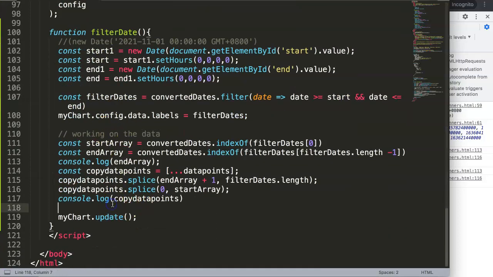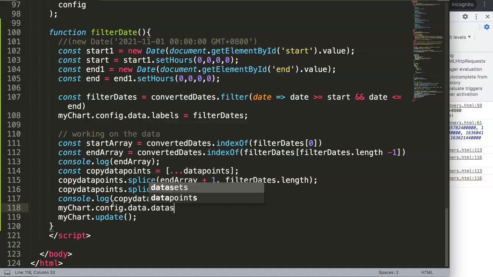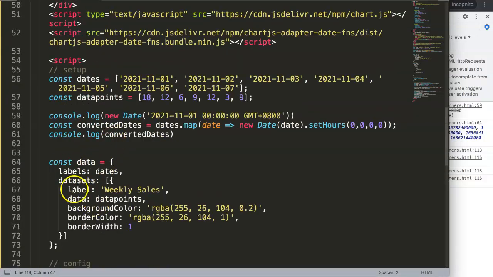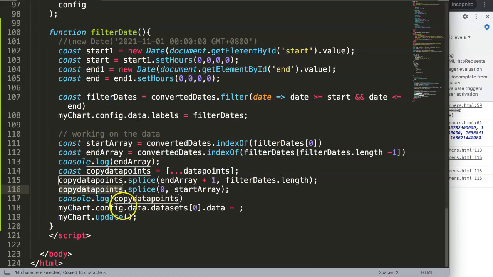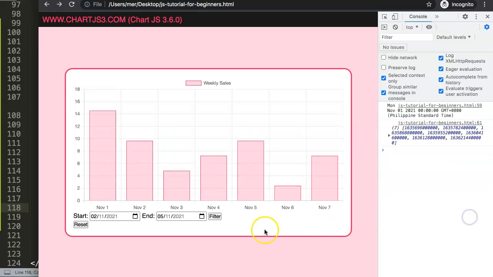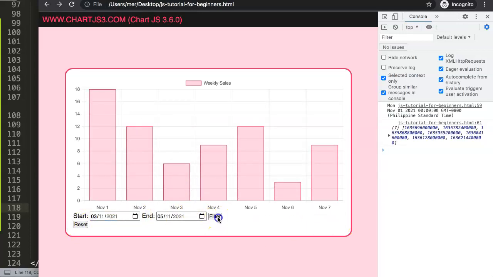So we assign that one here. So let's do that one. My chart dot config dot data sets 0, and then we say here the following. This will be data set 0, then data equals that. So am I correct? Data equals data sets data. All right, that is correct. Equals the copy data points. Save this, refresh. So now we have this here, and now what we're going to do here is let's filter